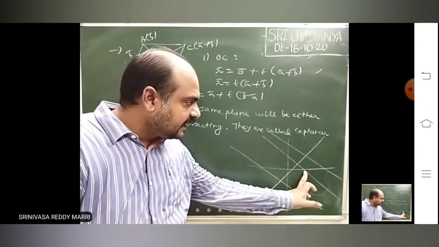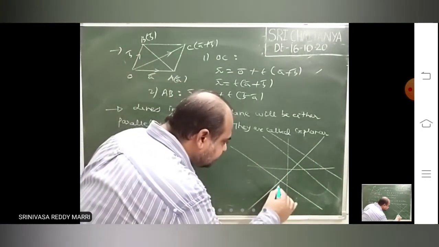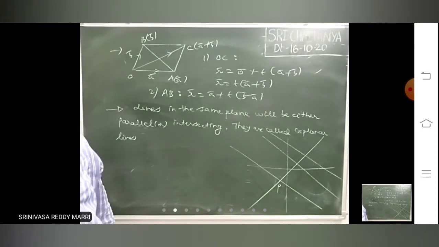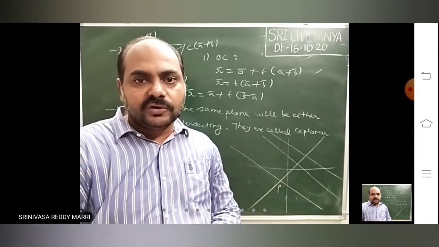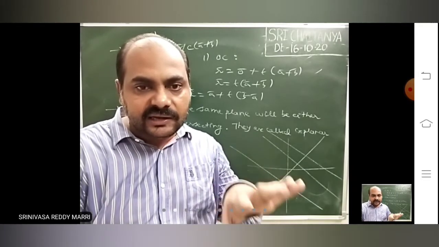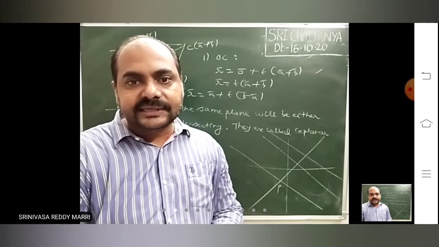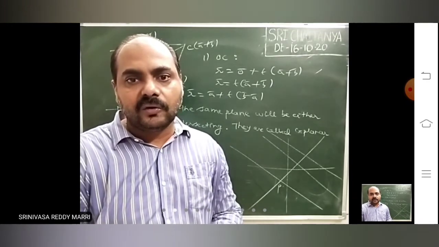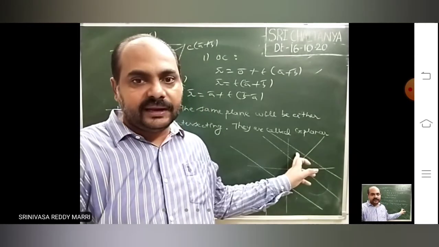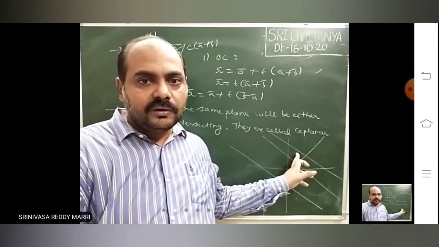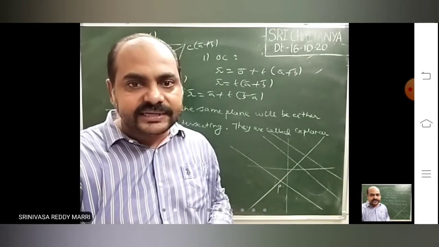If they are not parallel and they are lying in the XY plane itself, they will definitely intersect at some point. Right? On your paper, if you draw two lines, those two lines lie on your paper itself. They are called coplanar lines. Lines lying in the same plane are called coplanar lines. Your paper is nothing but the XY plane. If you draw, they may not intersect because that is a bounded region.